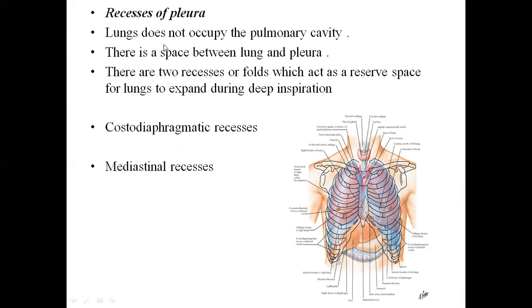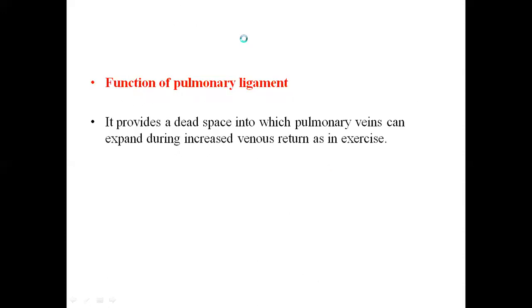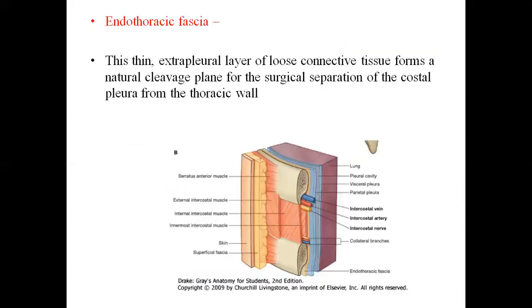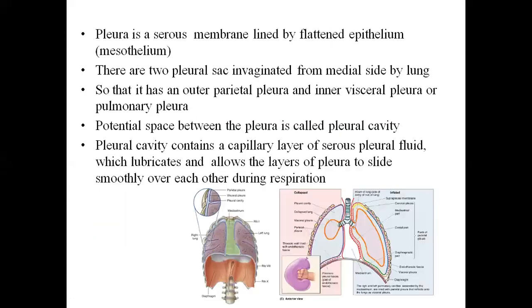So when I say the first sentence here, lungs do not occupy the pulmonary cavity, that means if you look at this diagram, you can understand here. Again, we are going back. Sorry for that. Here. So here, look at this. This is a pulmonary cavity. So pulmonary cavity is represented by the balloon here. It is never occupied by the lung. Lungs are not within the pulmonary cavity. The pleura is covering the lung, but the lungs are not going into the pleura. In fact, it is not going into the area between the parietal and the visceral pleura. It is still outside the pleura, right?